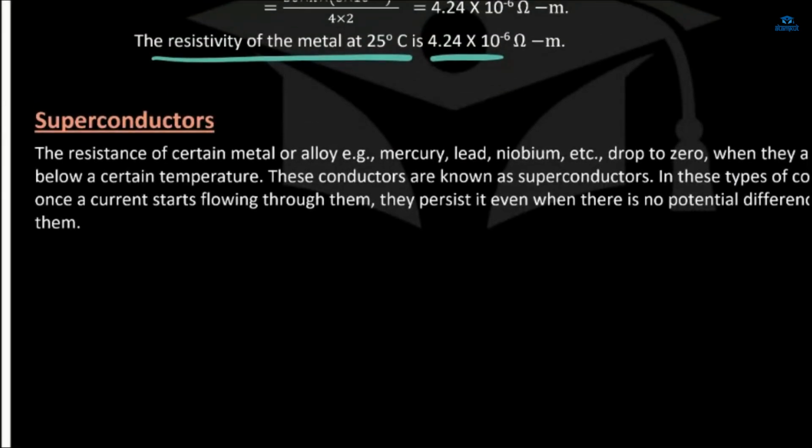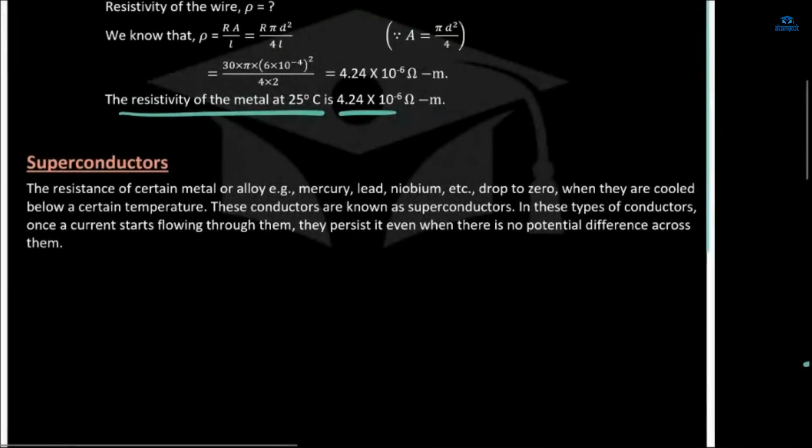सुपर कंडक्टर्स क्या होते हैं? रेजिस्टेंस ऑफ अ सर्टेन मेटल. ये क्या होते हैं कि कुछ मेटल्स का ऐसा होता है, या फिर एलॉय का. एलॉय क्या होते हैं जो कि मेटल के बने होते हैं, काफी मेटल्स को कुछ परसेंटेजेस में मिलाया जाता है जिससे कि एलॉय बन जाते हैं, ठीक है। तो कुछ मेटल और एलॉय ऐसे होते हैं जिनका कि रेजिस्टेंस ड्रॉप टू जीरो हो जाता है, बिल्कुल जीरो हो जाता है।